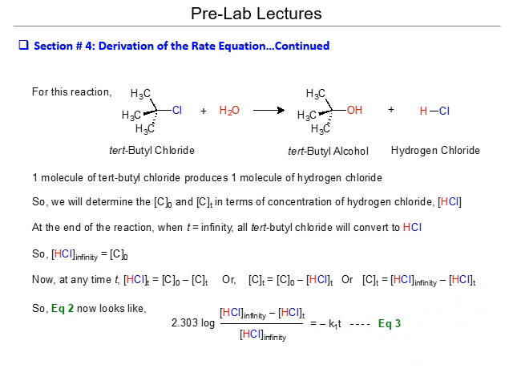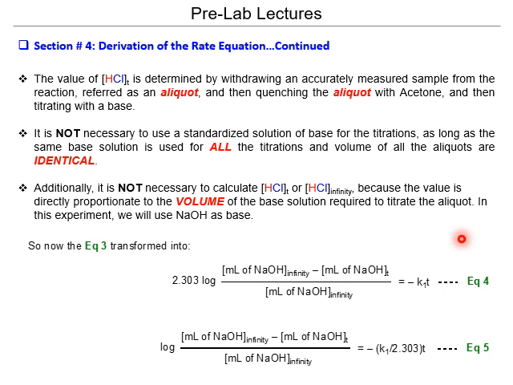It's equation 3. Here we're going to do titration of hydrogen chloride, which is produced during the reaction, by using sodium hydroxide. So we can change equation 3 into this form. We can substitute the HCl concentration with the milliliters of sodium hydroxide which will be used for titration of